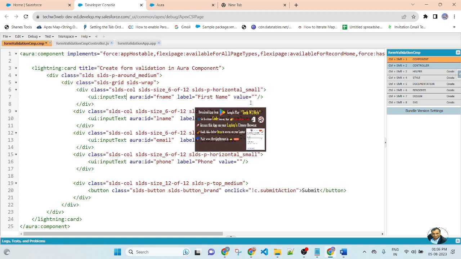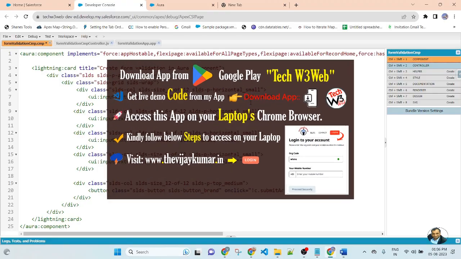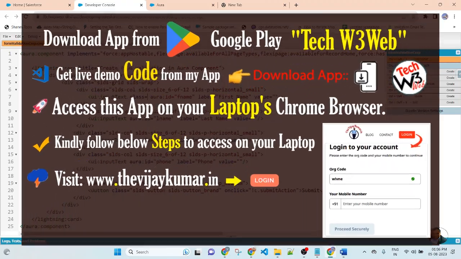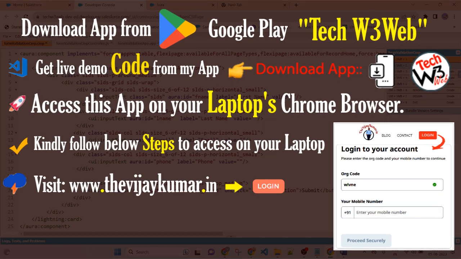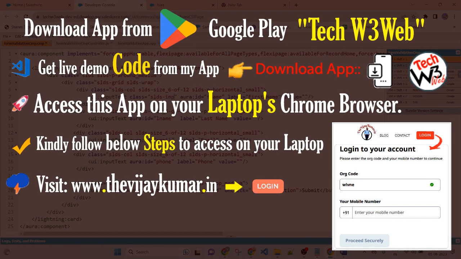Add a class SLDS-input here. Copy the class, add this class to all of the input fields.